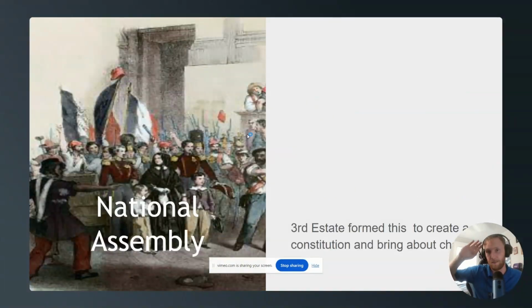So they leave, they go to a tennis court, and they form what's called the National Assembly. The National Assembly is now a separate government within France that is trying to promote a constitutional monarchy, or having a constitution that represents that the peasants cannot be bullied and used as they are for taxes. What you see here, these little red bonnets, are going to be the revolutionary symbol for a lot of this. You'll see that in political cartoons. You will definitely see it on the Regents. That's a symbol of the French Revolution from the point of view of the third estate, the peasants.